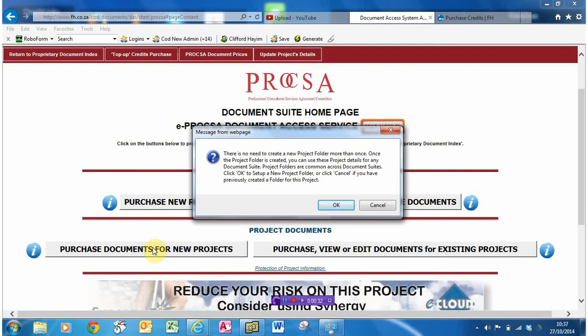What they're saying here is that there's no need to create another project, even though you possibly created a project in one of the other suites, for example in JBCC. So once the project has been created across suites, it's not needed to create a new folder. Click OK,